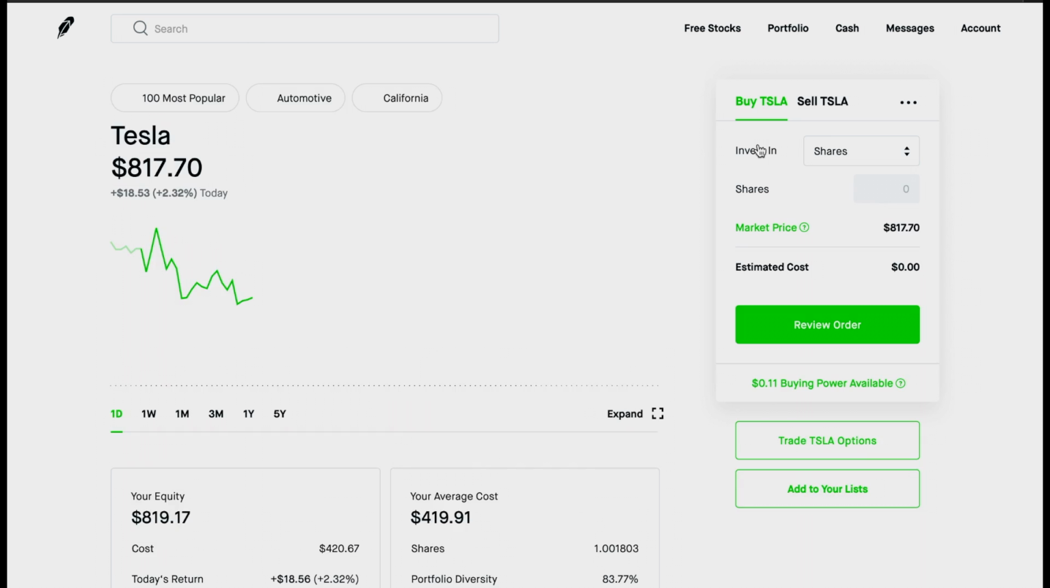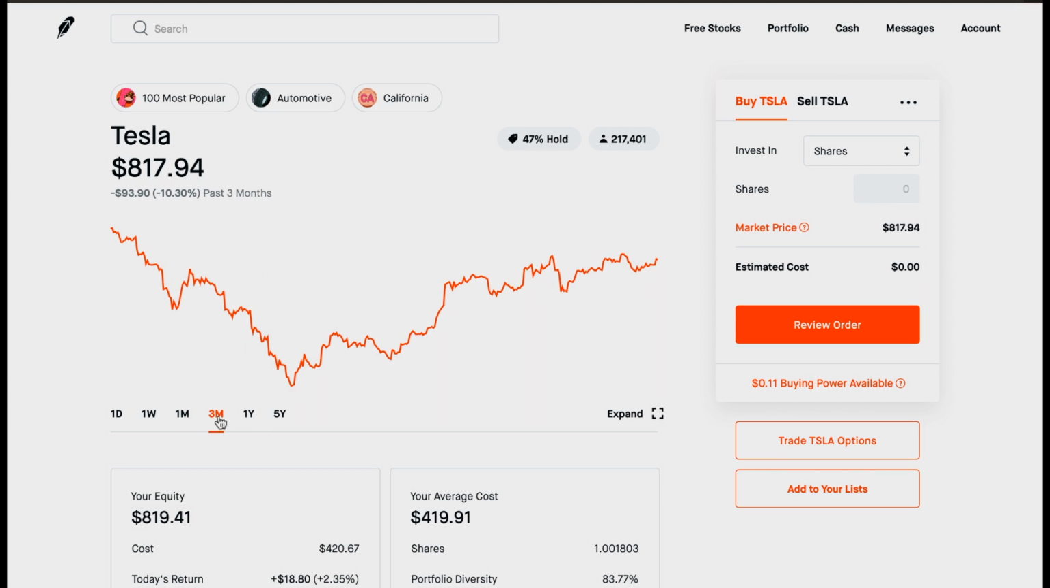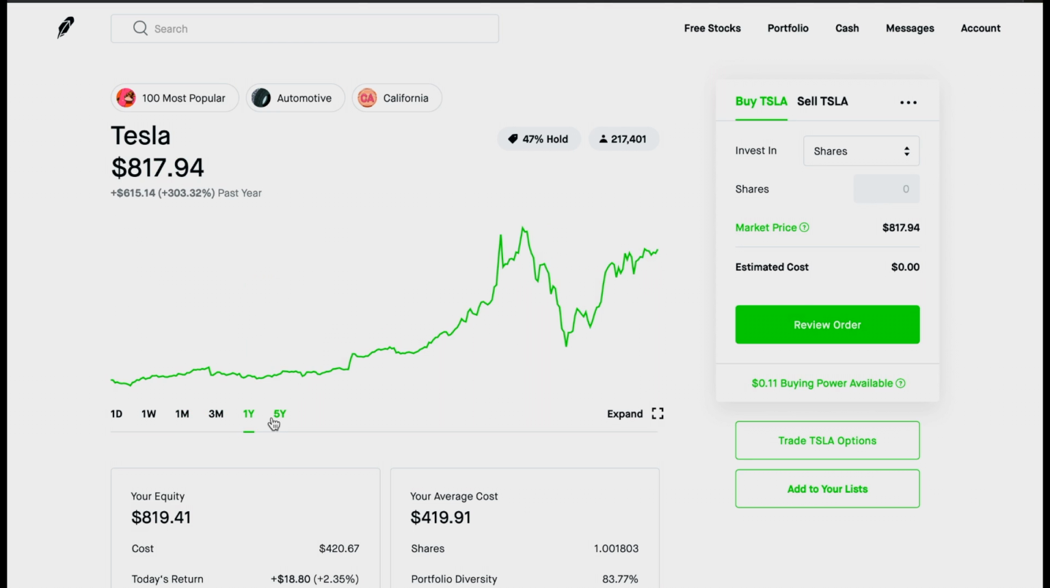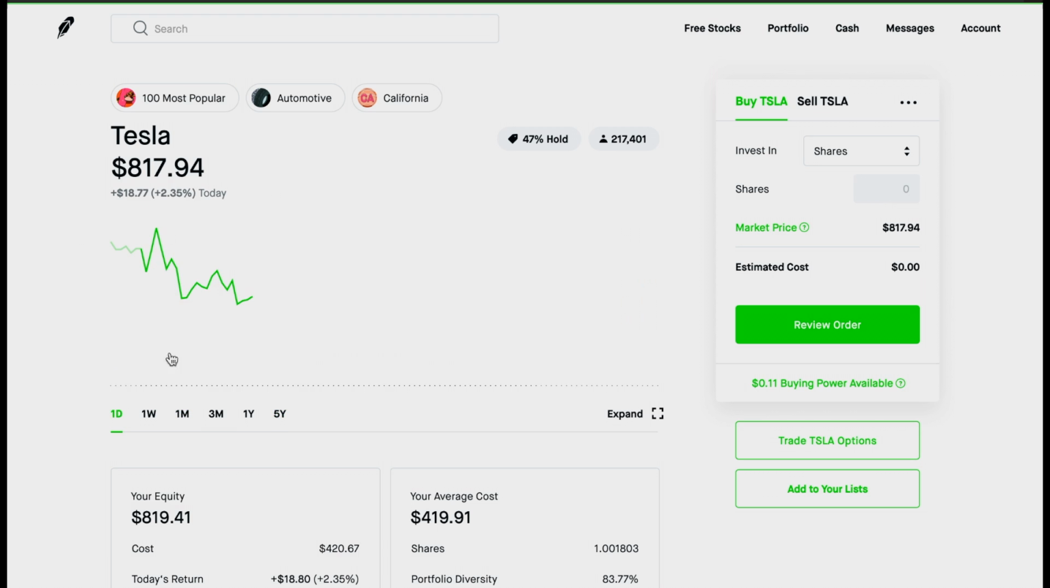If you pull up any stock ticker, it'll show you a line graph of the day, and you can see the different times for the stock, as well as the week, month, last 3 months, last year, or the last 5 years. So you can get all that information. Up here, it shows what percent of analysts rated it, and 47% have hold, as well as how many people in Robinhood own this stock. So 217,000 people own Tesla stock. They give you some hot keys up here that you can go to if you want to see more stocks